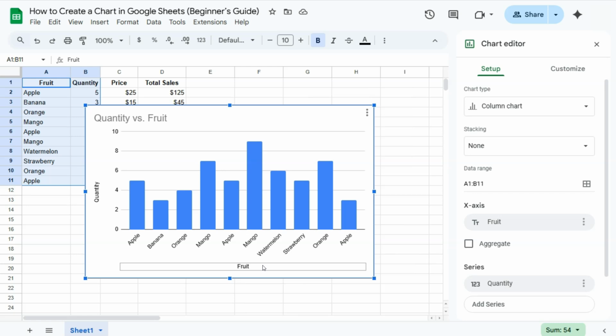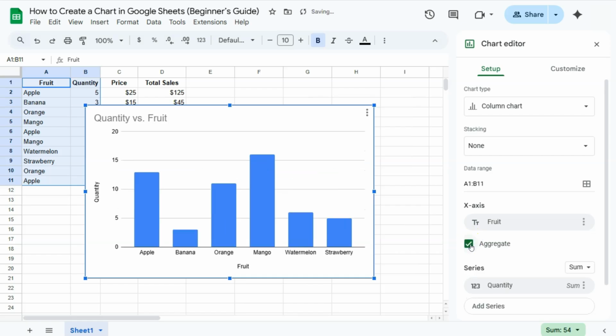Now, since we have some repeated values right here, so we have 3 apples, 2 oranges, and 2 mangoes, what we can do to combine those repeated values would be to aggregate them. So under your x-axis, go to fruit, select aggregate. There you have it. So the numbers on the y-axis represents the number or the quantity sold for each of these fruits right here. So that allows you to visually see that the mango fruit has been the highest quantity